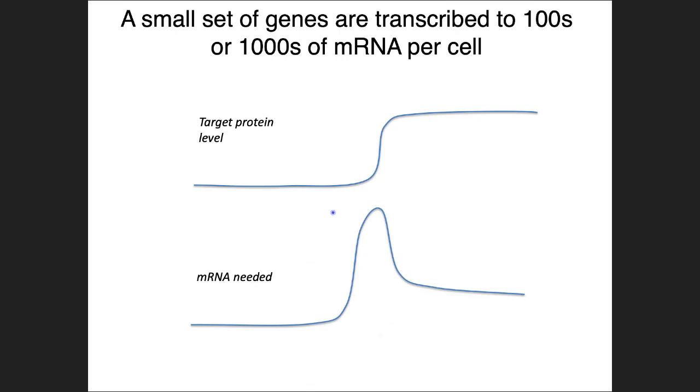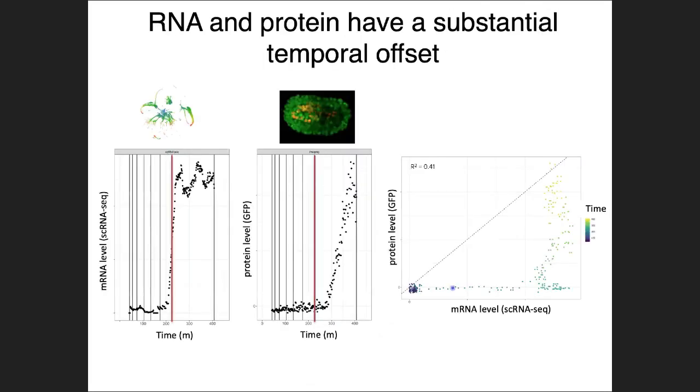elegans embryo, as I said before, you have a 15, 20-minute cell cycle. You have to make a decision, and then to become a particular cell fate, the cell is going to divide and have to make new decisions. So you really need the protein level for the regulators to have a step function-like pattern of change, right? And the way you achieve that is to have something like this for the mRNA, where you have this incredibly high spike that's very transient and then goes away. And actually, we can see this offset here,